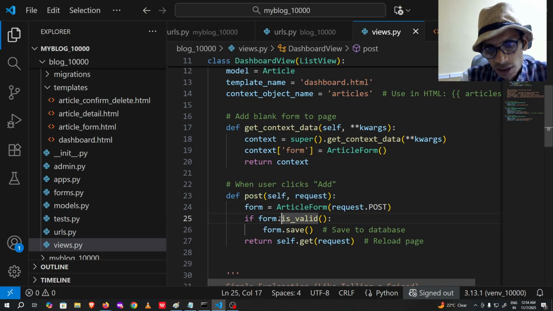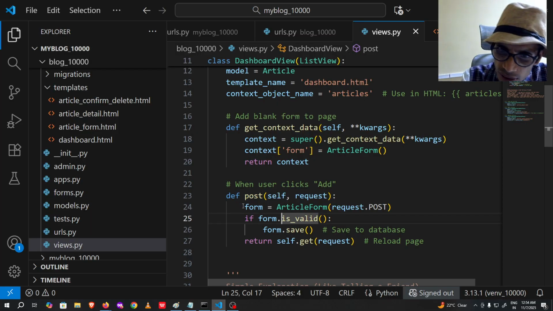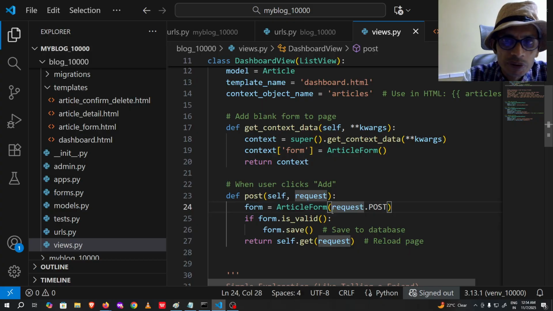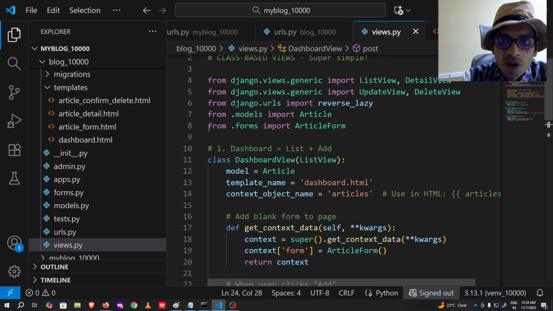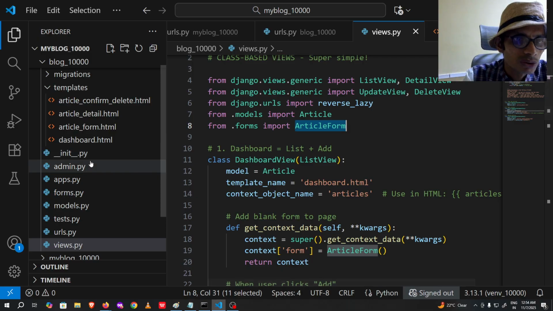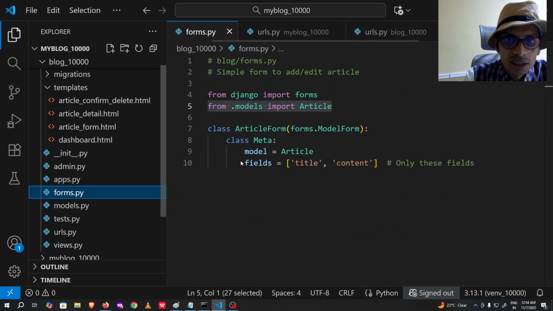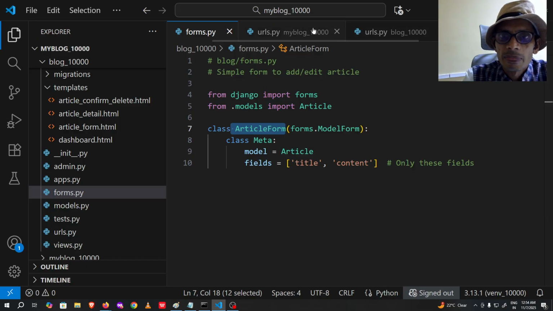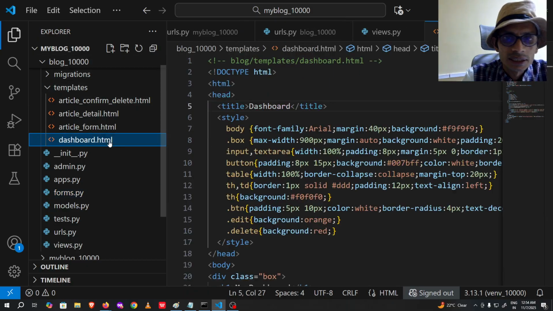Okay, define post, and I am displaying here article form. What is this article form? If you remember, this is the from.forms article form. We have defined a form. Okay, its form name is article form. You just go through it one more time. Where is that form.form? This is the form.form. In that, this is the article form. Okay, this I am calling in my dashboard.html,